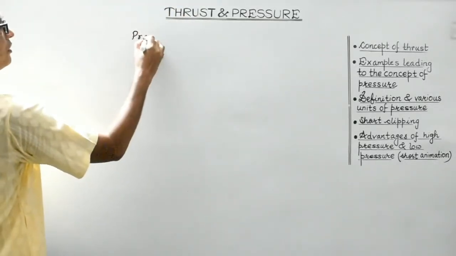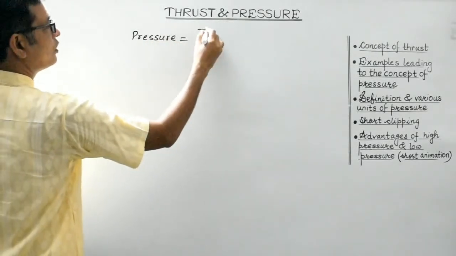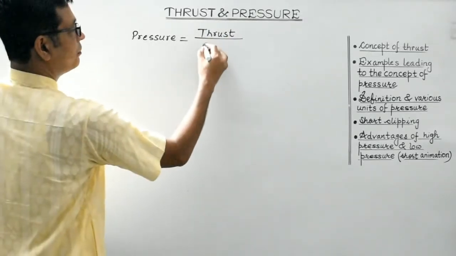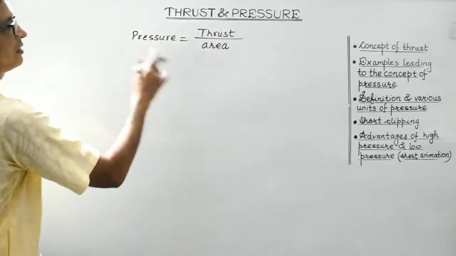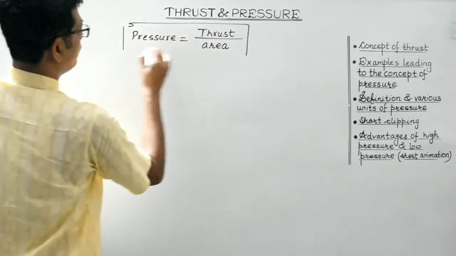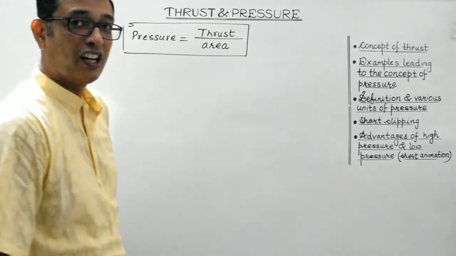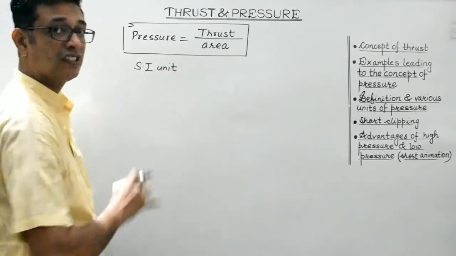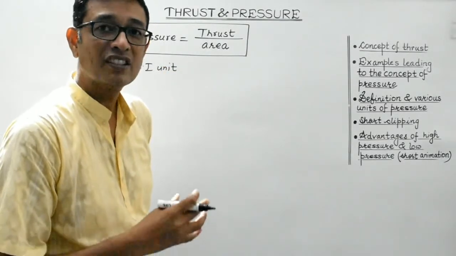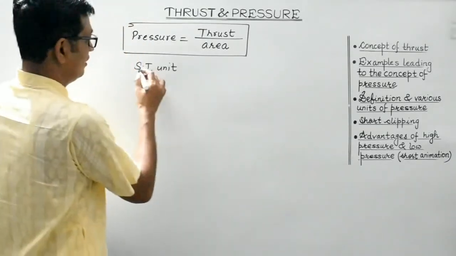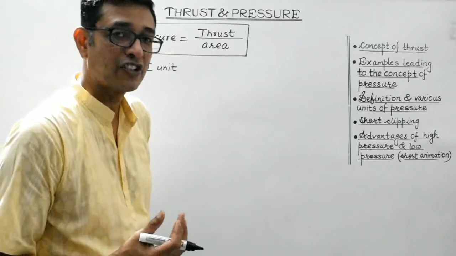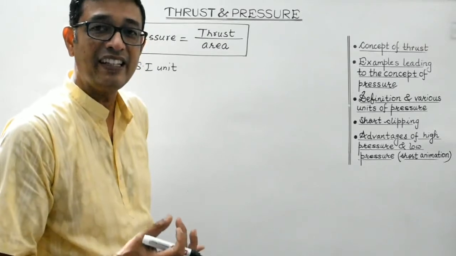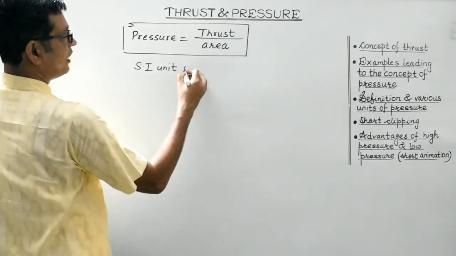So, pressure we have discussed is equal to thrust, which is the force acting normally on a surface per unit area. This is the mathematical expression for pressure, right? Now regarding its SI unit, students, there are various units, but first discuss the SI unit. SI stands for Standard International, right? It is actually a French term. The abbreviation SI stands for System International D units, right? So SI unit of pressure is,